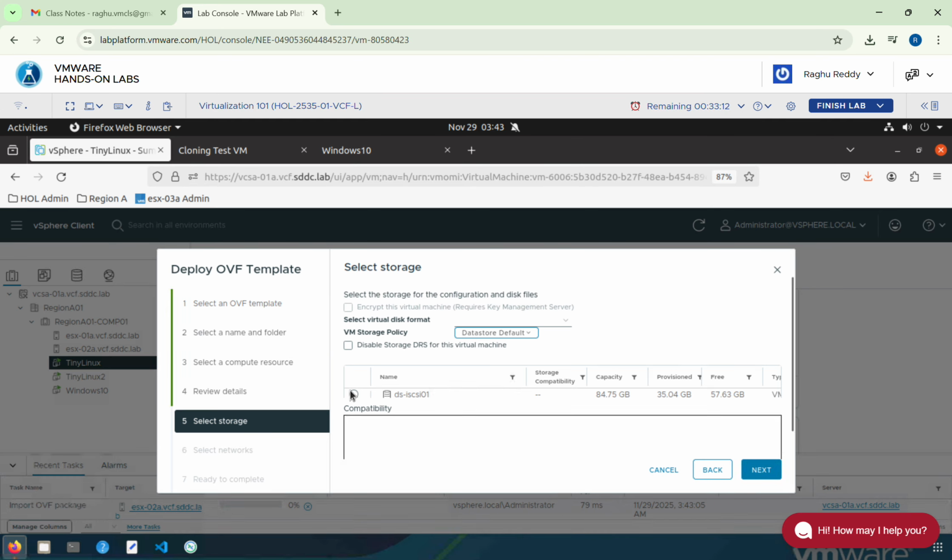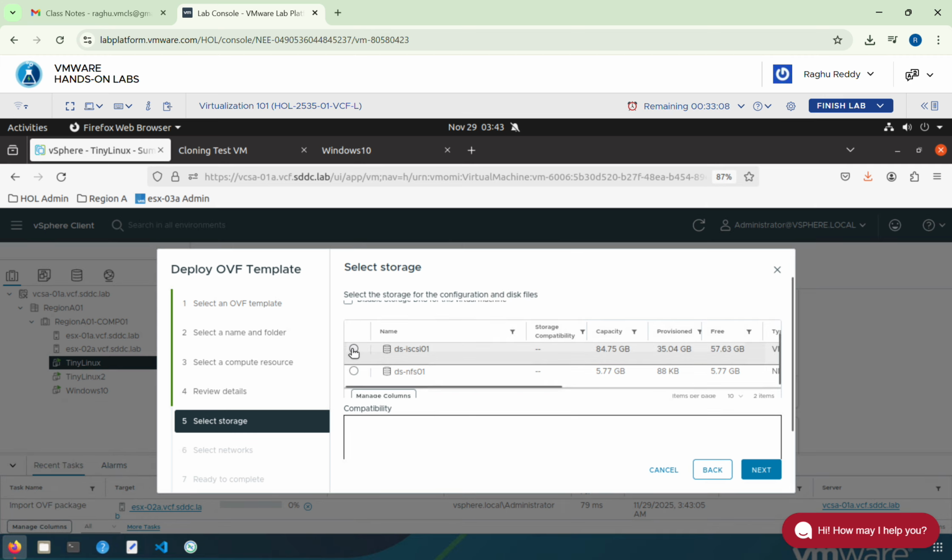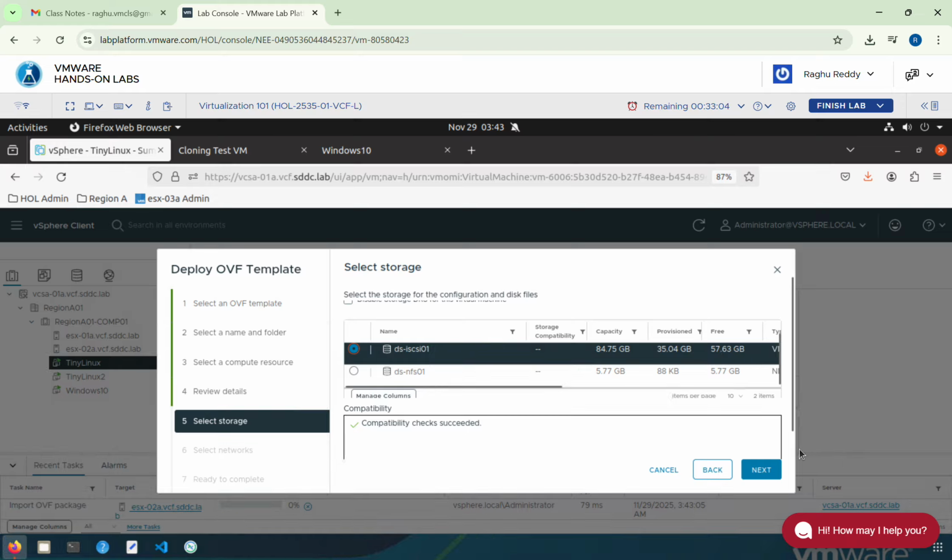So select the storage for that VM. Okay, DSI SCSI 01. So 57 GB free space is there. In real time it will be in TB, more will be there. For practice session we have less, no issues. We can create. Next,